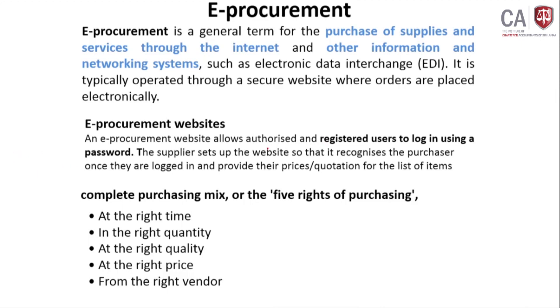Let's say you have an e-procurement website, right? And you have registered users. It means you are giving access to some of the suppliers as authorized suppliers. As an example, in Sri Lanka, they have authorized suppliers for AC maintenance. For purchasing materials such as printing materials, A4 papers, you have registered suppliers. Not only one supplier, there can be so many suppliers.